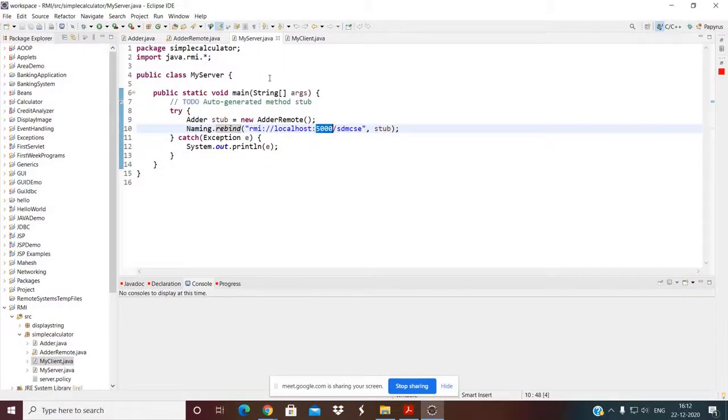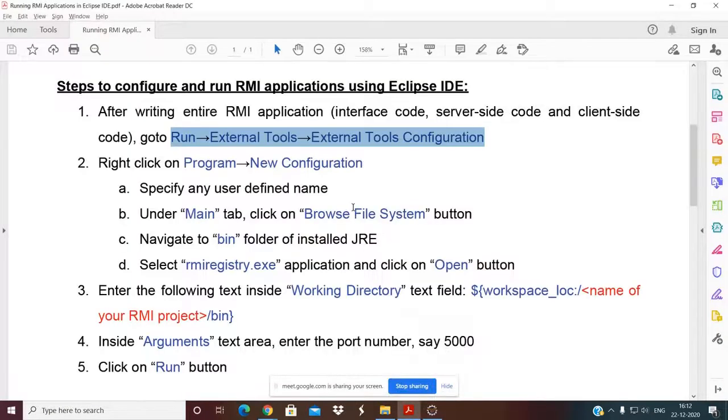Quickly I will tell you how to configure your Eclipse to run this application. Of course you can do it via the command prompt, but it requires remembering a lot of options for compilation as well as running. Eclipse will help you do that, provided you know how to do it. After writing the entire RMI application, you need to go to Run and click on External Tools, and then External Tools Configuration.